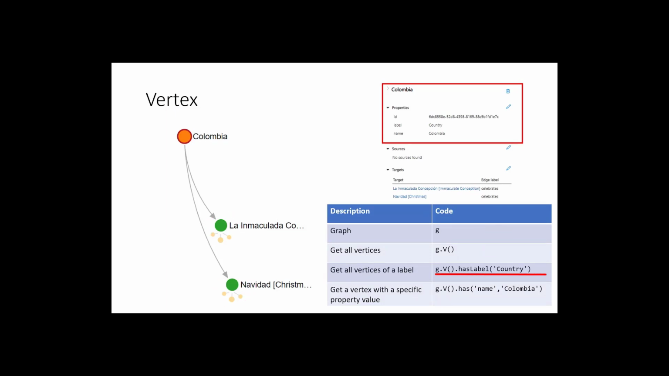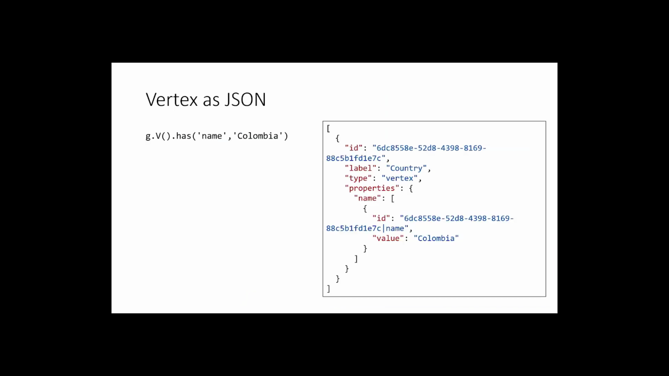g.V.has label, we can say I only want vertices of a particular label, in this case labeled as country. Because we want to look at Colombia in particular, we did g.V.has name Colombia. Now since we're working on a smaller screen, I wanted to capture the JSON in a slide so you can see that there's not just a graph representation, but the JSON representation, which is what you'll get back in the